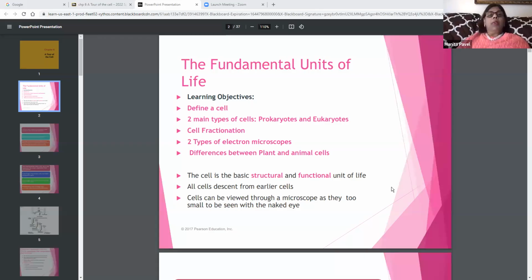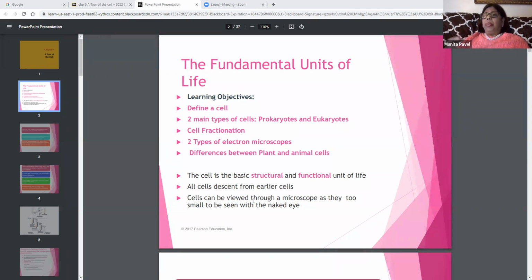We'll be talking on chapter 6, a tour of the cell. So we need to know some learning objectives for this chapter, which are: definition of a cell, how many types of cells are there, what is cell fractionation, the two types of electron microscopes, and the differences between plant and animal cells. So the first